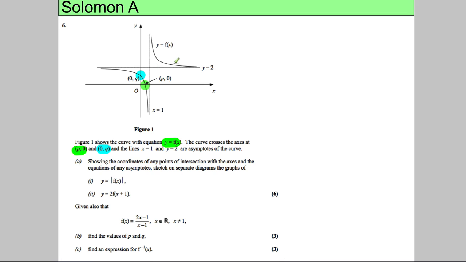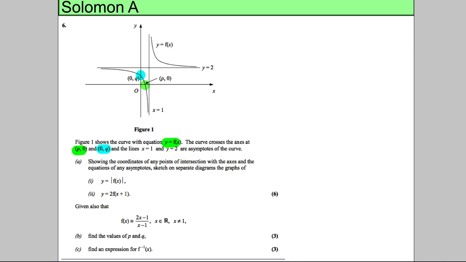That means at x is 1, the curve goes up off to the asymptote here, and this part of the curve goes down to the asymptote here. And y is 2, as you go from x to infinity, this part of the curve tends to y equals 2 from above. And as you go from x to negative infinity, this curve tends to y equals 2 from below. Showing the coordinates of any intersection with the axis and the equations of any asymptote sketched on separate diagrams,